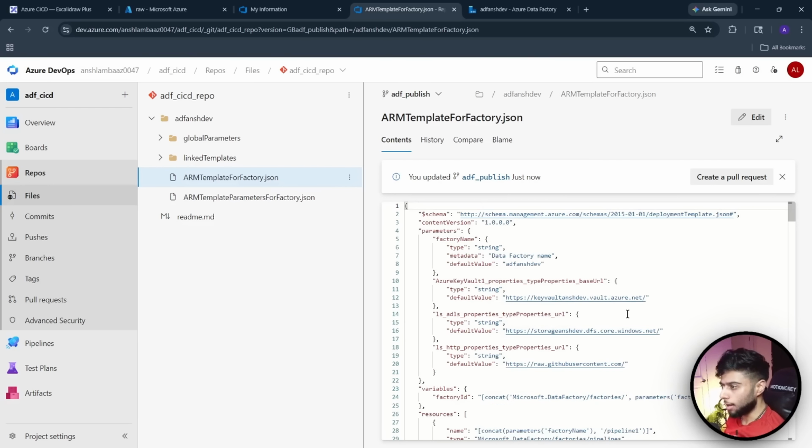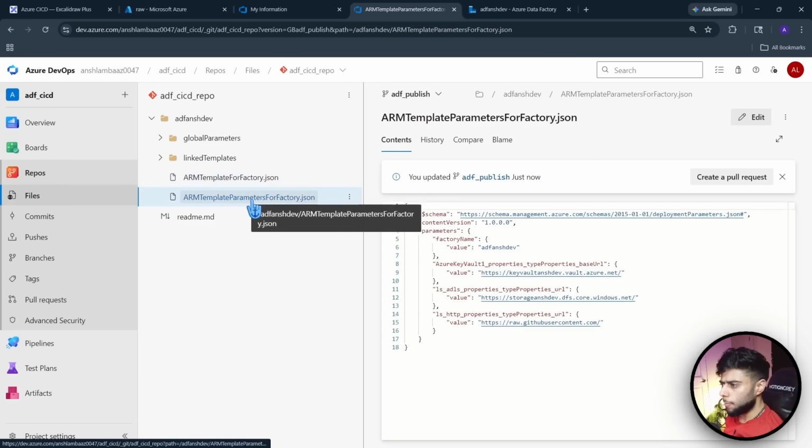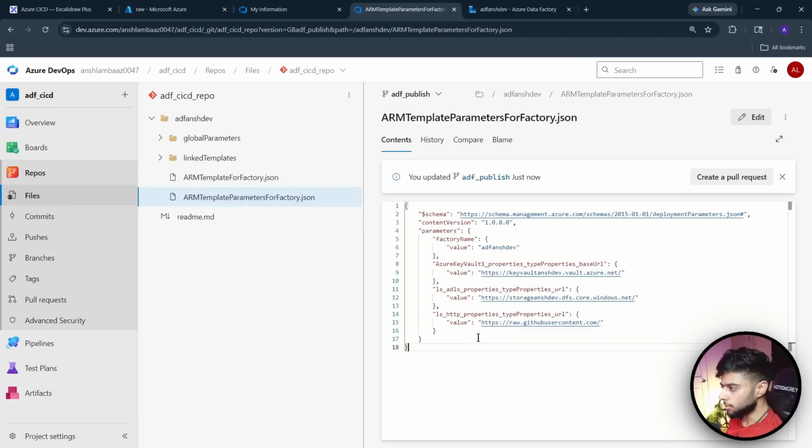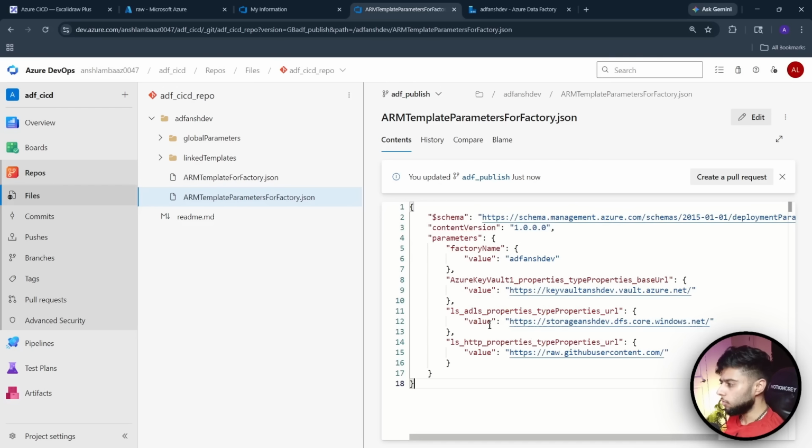We do that. Let me just open it for you. Click here. So these are the parameters. If you remember, we created some linked services, right? Azure Key Vault, linked service with Data Lake, linked service with your